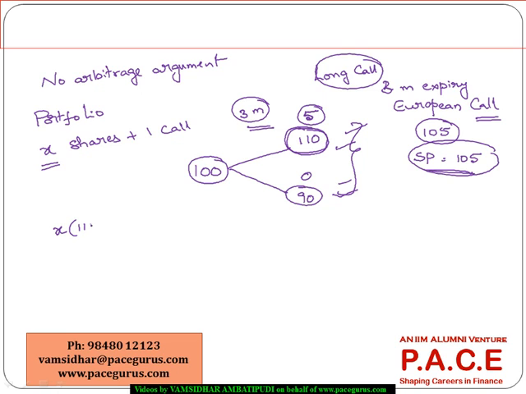so X times 110. I have one call option. Whatever is the worth of the call option on this day, let's say, is going to be 5. So the worth of the call option at this point, so X shares